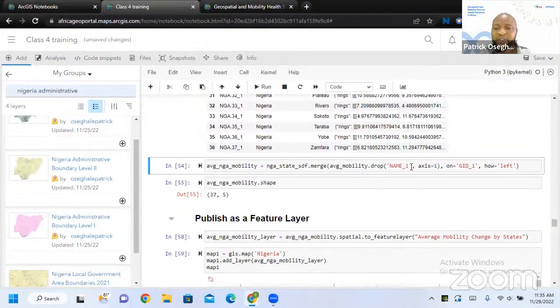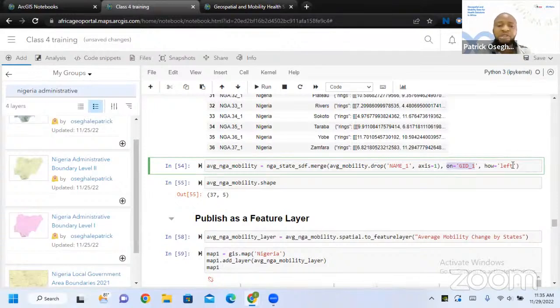And while I'm doing that, I also want to drop the state name from the mobility data, because I don't need a duplicate of my data. And I'm using the GID1 to join them. I want to keep all the values from the state polygon, from the state data, even if there is no average, no mobility information coming from that state.